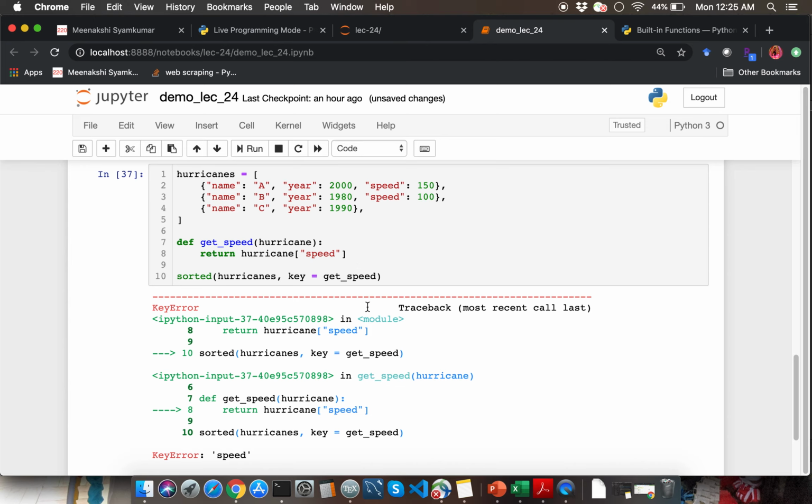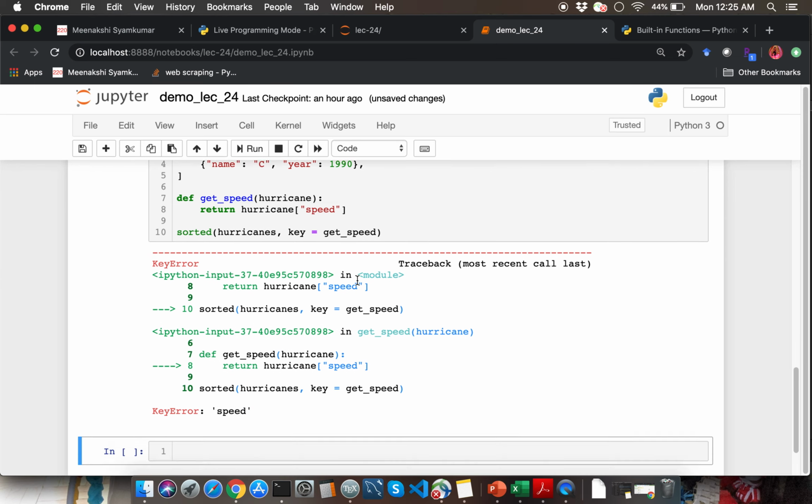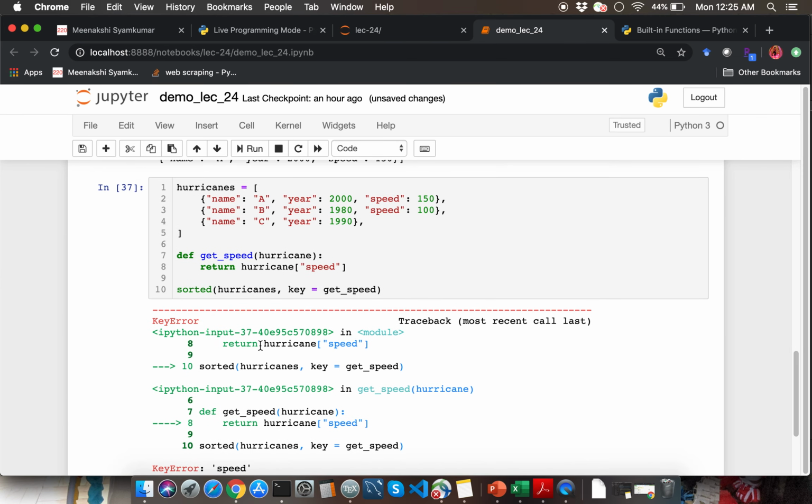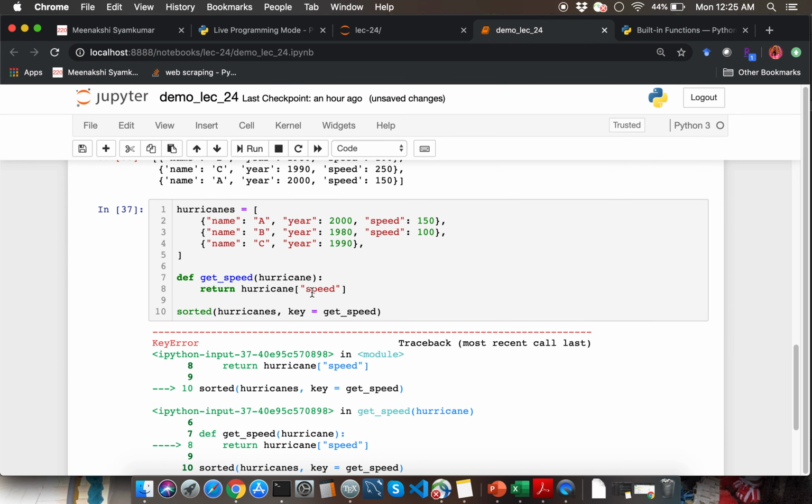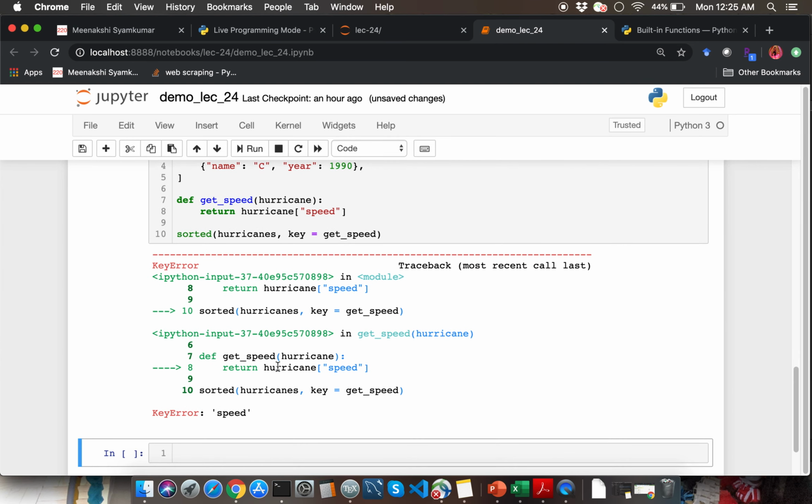So if I go ahead and pass the correct function reference, as you can see, now the sorted function is complaining, saying it cannot sort the hurricanes. So I want to quickly show you how you can read this error stack over here. So let's see what cell has the problem. As you can see in my notebook, cell number 37 has an error in line